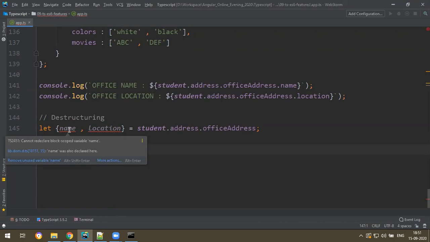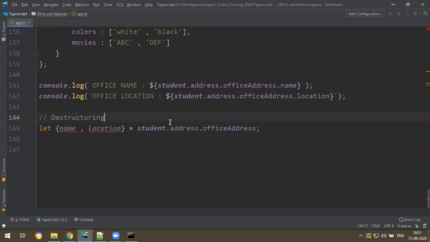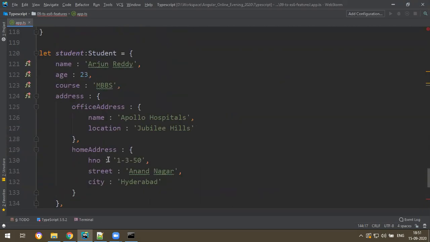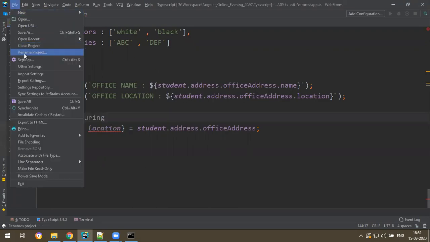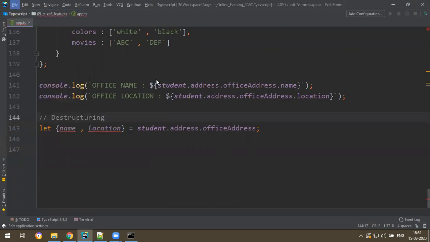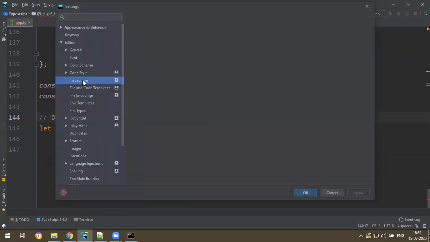What's the problem? Cannot redeclare. I think you can actually declare it like that, but why is it saying this? Oh, one second, I think some ESLint is the issue. Actually, you can declare it this way, right?